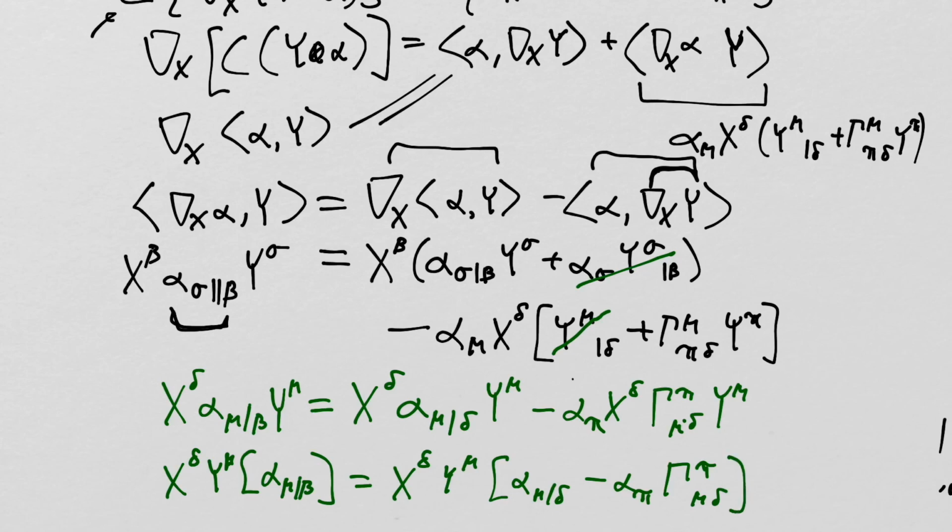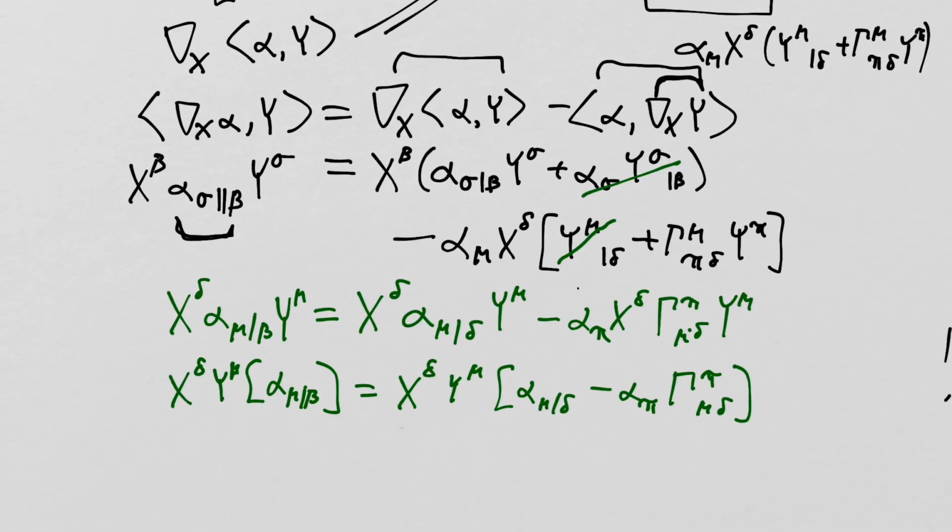Now this expression is supposed to be true for all vectors x and y, right? This expression is true for all vectors of x and y, which allows me to write, this should be a double line here, right? I'm taking the double line from up here. It's the covariant derivative. Better neaten that up a little bit. Mu double line beta, like that. So therefore I get alpha mu double line beta is alpha mu single line